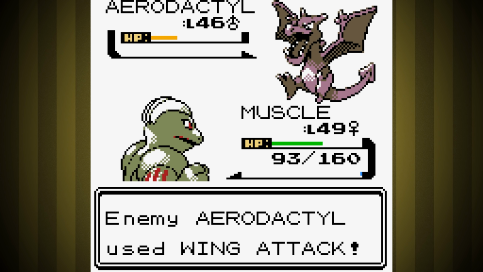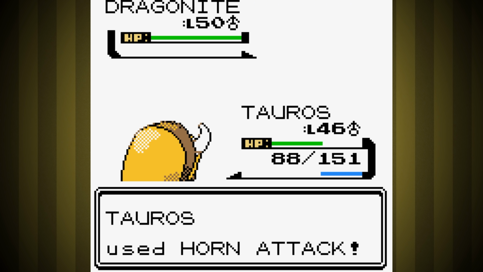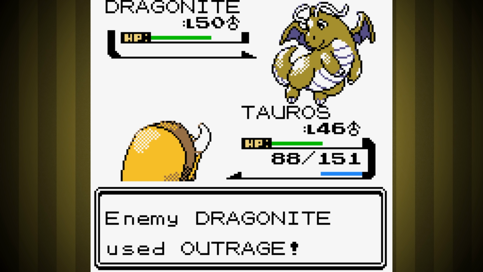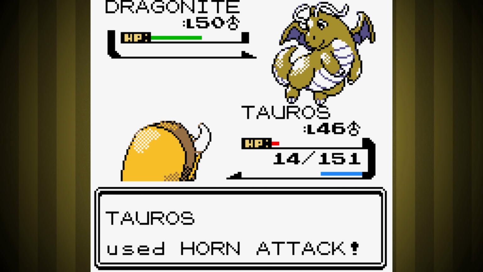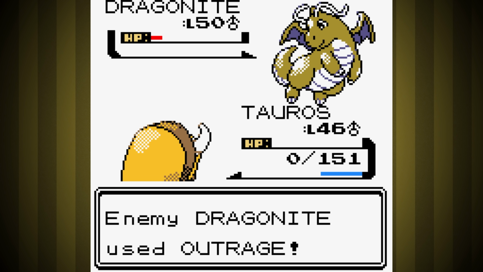Muscle's next, and although we took big damage from Wing Attack, we still took it down with Low Kick. Last is the final Dragonite, so I switched to Tauros to brute force it. Horn Attack does about a quarter of its health and damage, and its Outrage nearly finishes us off. Our second Horn Attack crits to take it to red health, and we ended up going down, so I sent